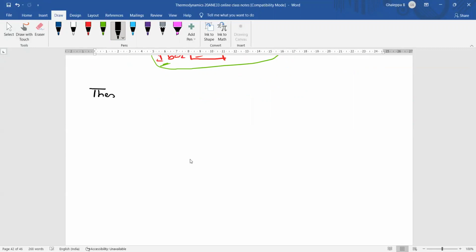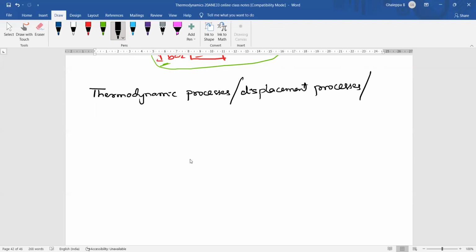Thermodynamic processes, we will call them processes. These are also called displacement processes. Remember the first point: the thermodynamic processes are the isobaric process,